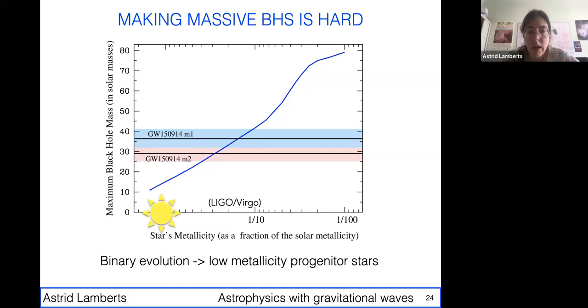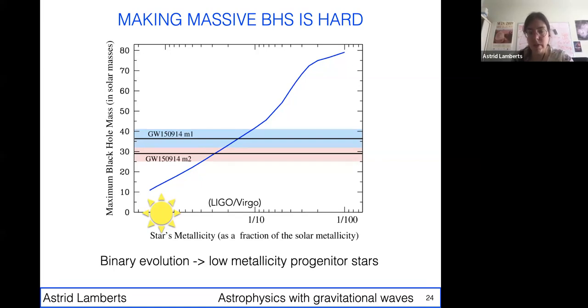And so this is a plot showing the masses of the first events that were detected, these 2 30 solar mass black holes that really came as a surprise to most people. It's really these 30 solar mass black hole detections that got people thinking about how they were formed and sort of revived a lot of the studies on massive stars, and it got me completely hooked on gravitational waves. So this was really a very unexpected discovery.